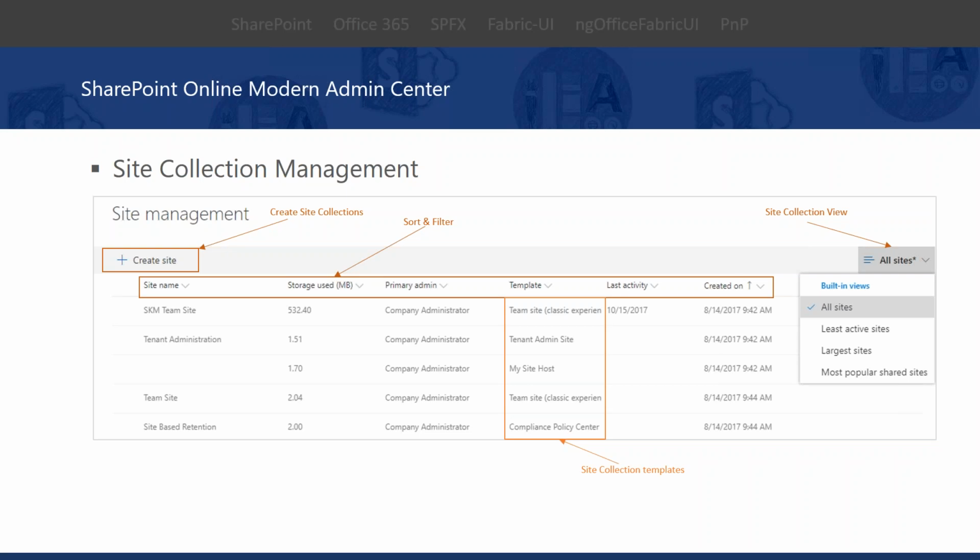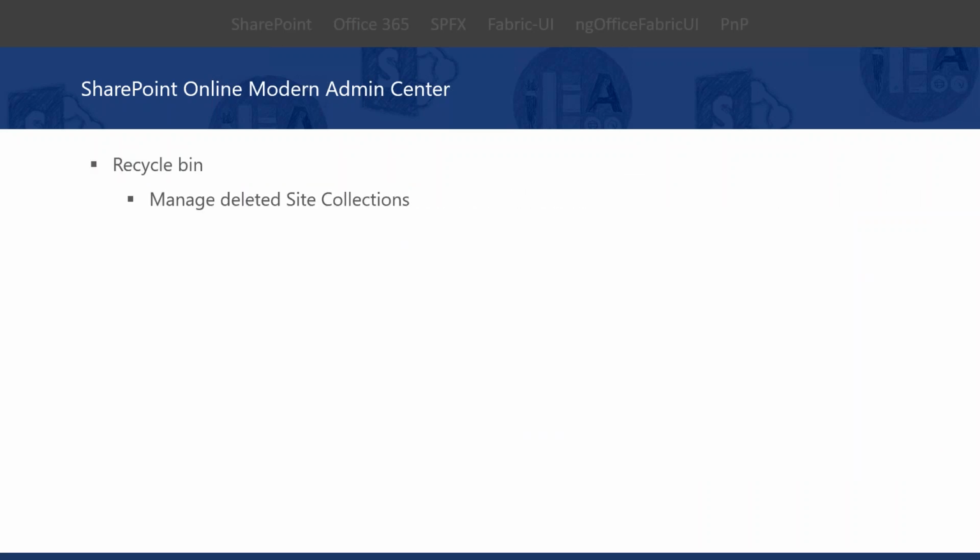Previously, we weren't able to see what kind of template a site was created with. Now we can see that option. The additional feature is a recycle bin for deleted site collections. We can manage the deleted site collections from the admin center. Basically, we don't have that kind of feature out of the box. We can do it in PowerShell and other coding to revert a deleted site